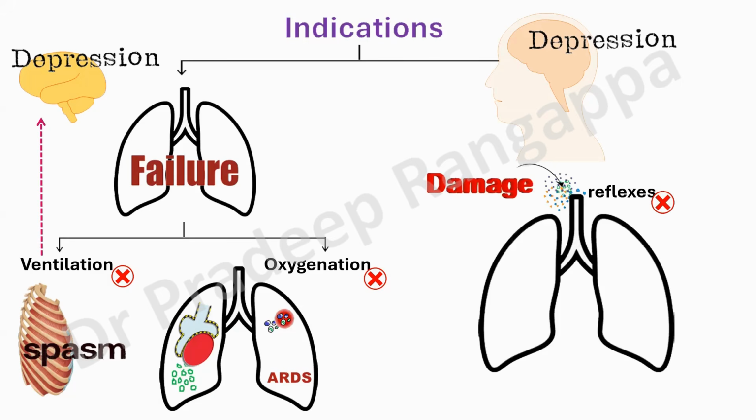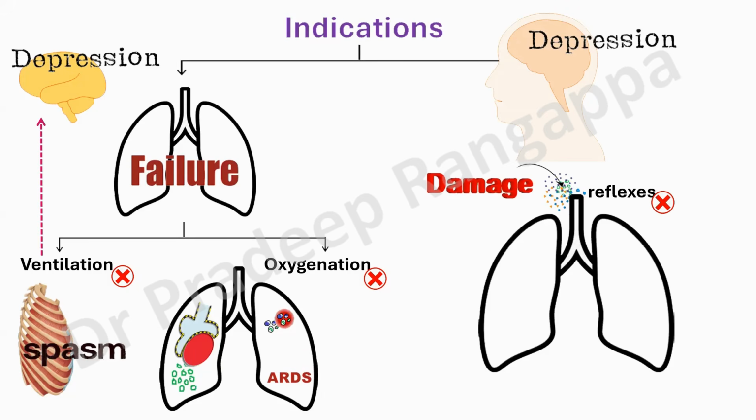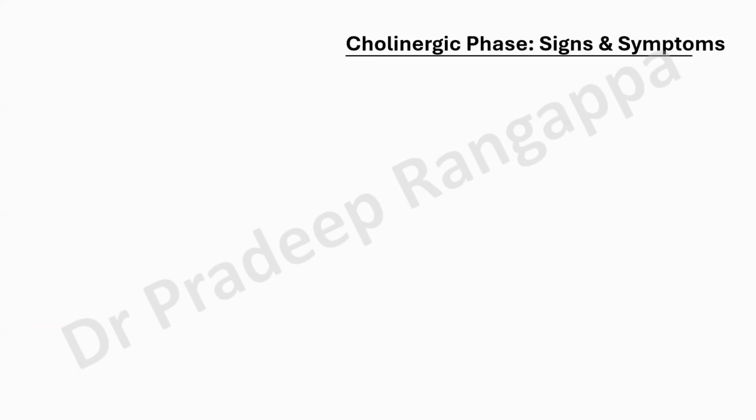And when it comes to CNS depression, there can be airway damage, there can be aspiration, there can be absence of airway reflexes. So these are some of the reasons why one has to intubate. This is just a broad categorization of the possible problems that happen in poisoning, which necessitate intubation. And of course, one has to look for other signs of poisoning when there is neuromuscular obtundation